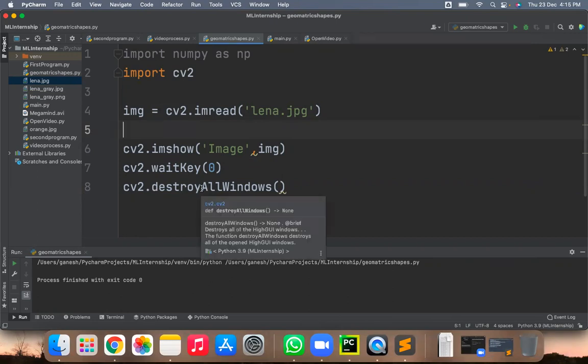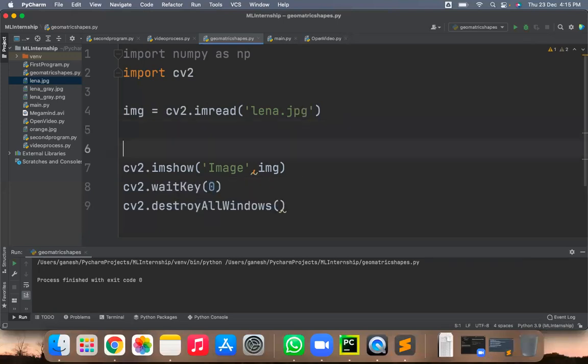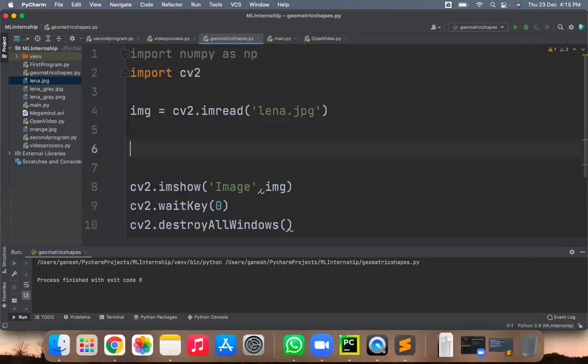Write down these lines. Okay. Now next one is... yeah, but before that, let me